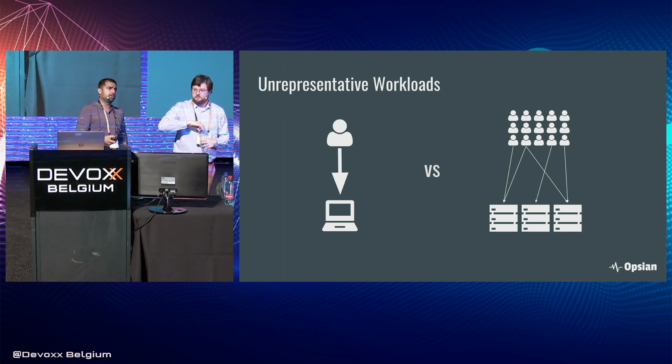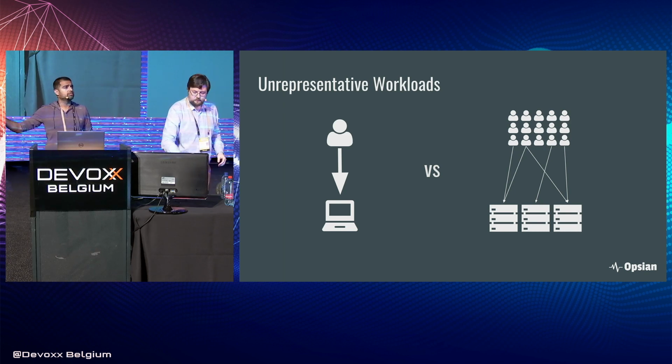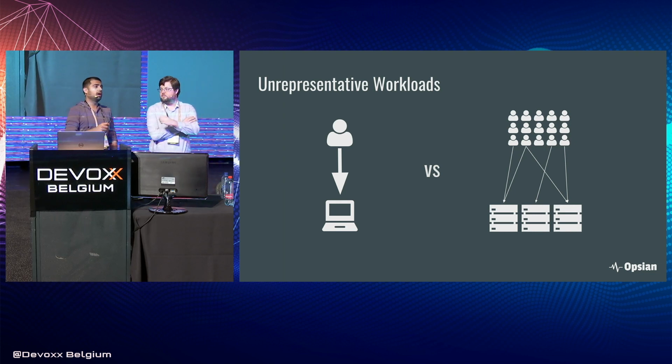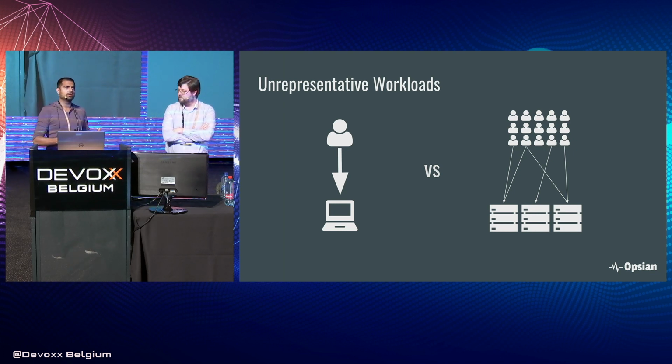So even if you have an environment which matches your production exactly and has exactly the same software as well, it's very, very difficult to actually create a workload that exercises it in exactly the same way as production is exercised. So there are some basic things you can know. So you can say, all right, well, I will create a synthetic workload, and then you start asking questions about the synthetic workload. Well, what's the distribution of requests across your endpoints? Well, that's reasonably easy to answer from things like logs.